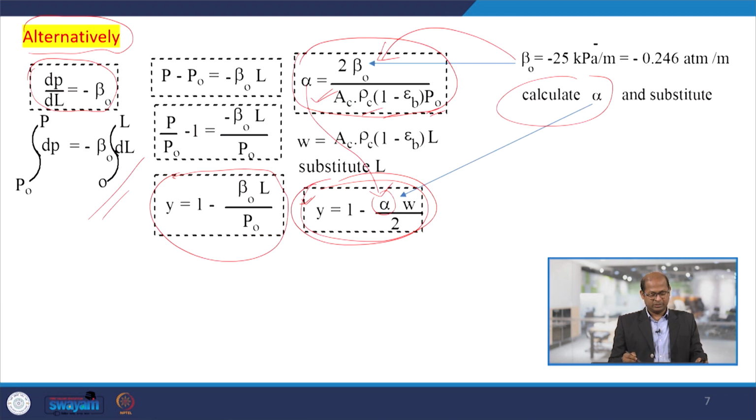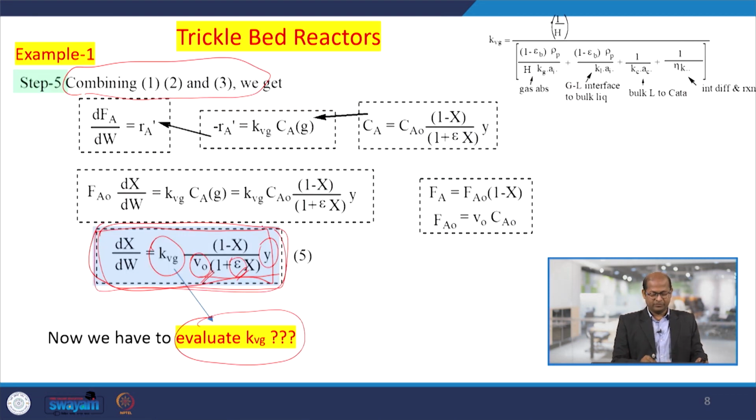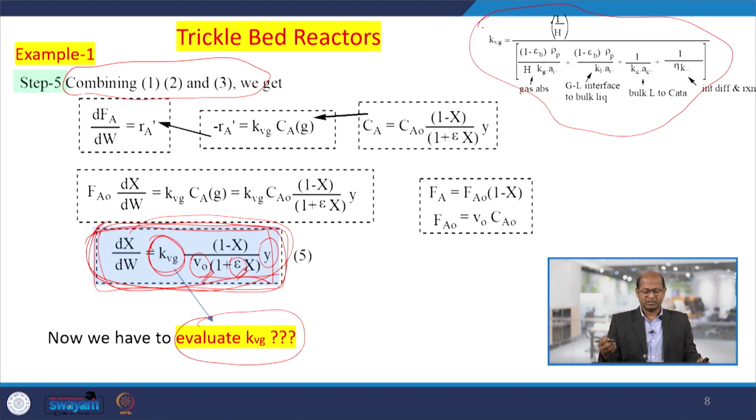Final equations are obtained by combining all these equations. This equation we are solving, and the KVG value we are evaluating using the individual mass transfer coefficients; then the overall mass transfer coefficient we find out, substitute here, and solve these differential equations. Here V0 E is known,